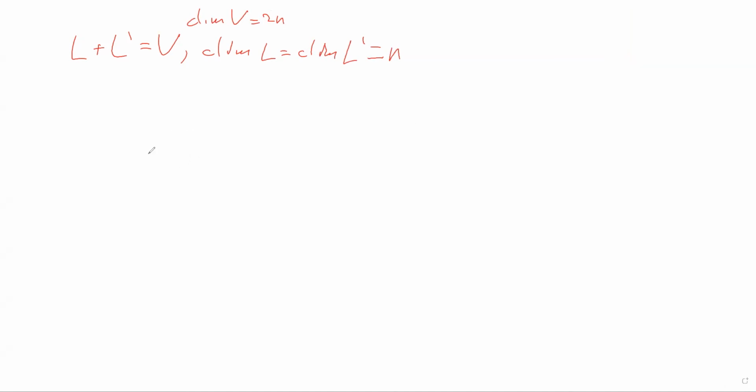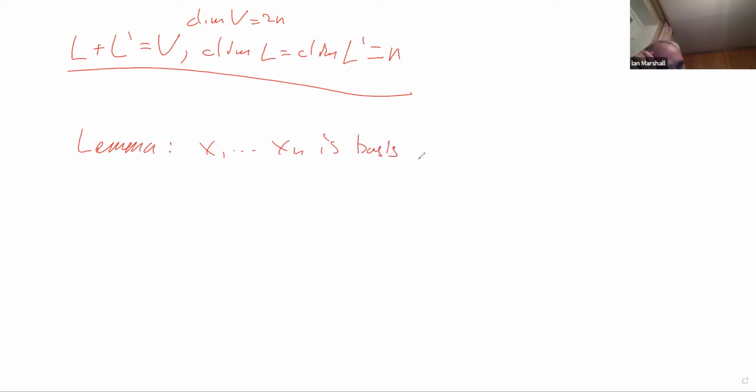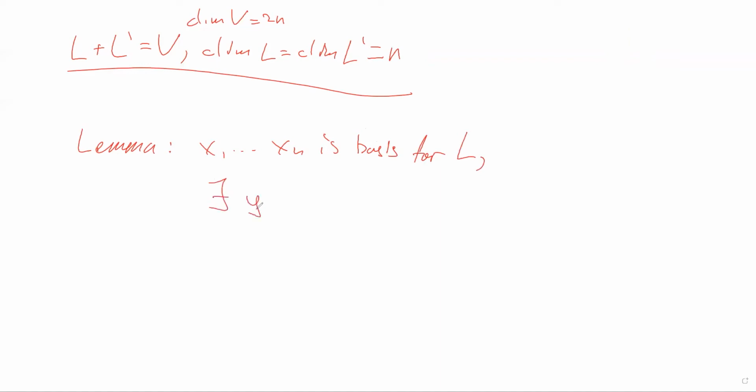So if the intersection is not 0, I think this follows from the idea that our procedure for making this basis for the whole V. Remember, there was a lemma: if x1 etc. xn is a basis for L, then there exist y1 etc. yn such that